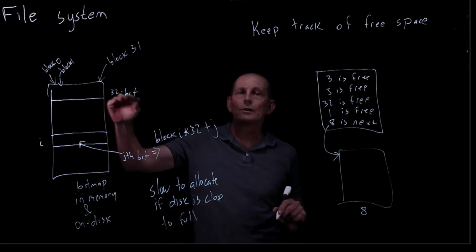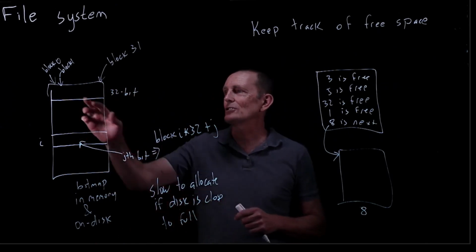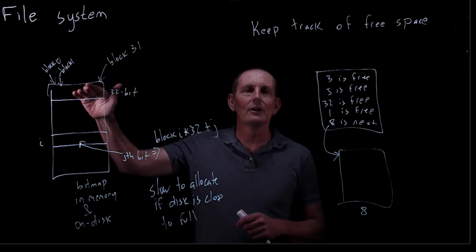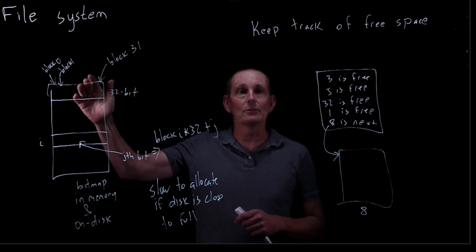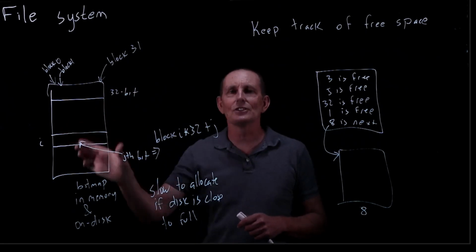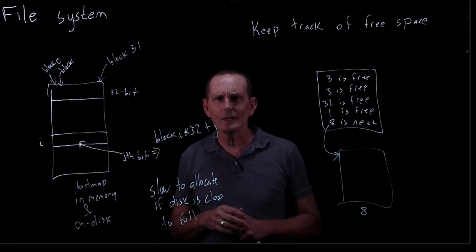Because we've got to search through here to try and find a non-zero. Now, one good thing is we don't actually have to search through looking bit by bit. We can actually just look at the entire word and say, is it non-zero? If it's non-zero, one of the 1 bits is set, and we can go in and find it. So we can go through at least 32 at a time rather than individual bits at a time.